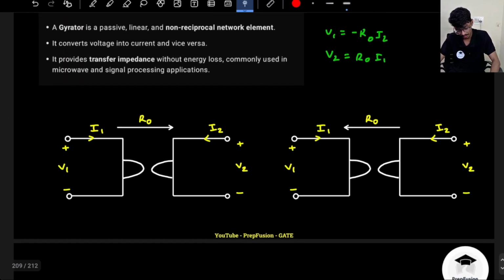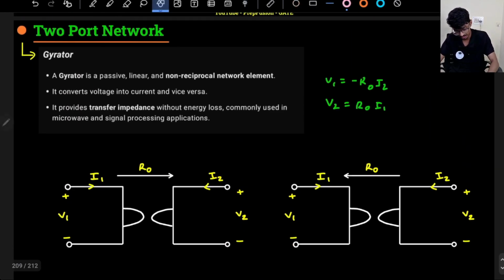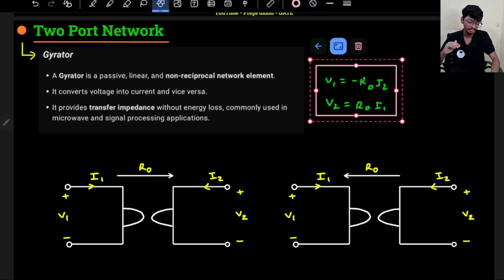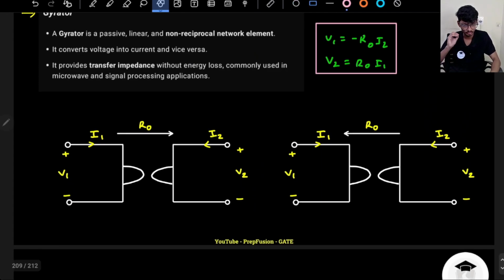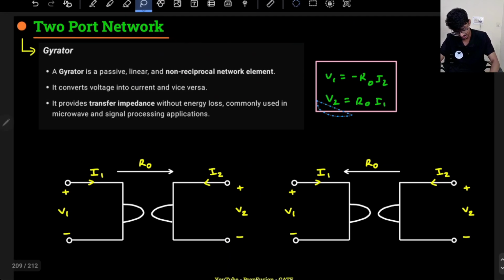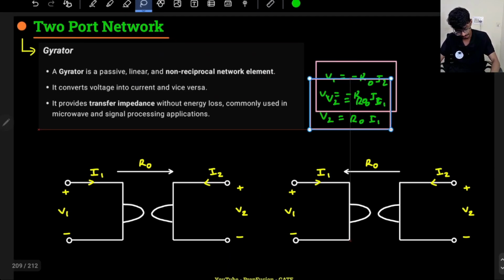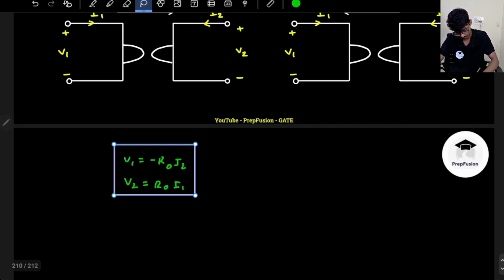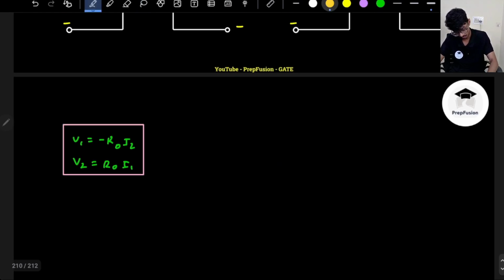So what are the parameters? The Z parameters are very simple to understand. This is the underlying equation, so you don't have to remember it; most probably in the examination the equation will be given. So what are the Z parameters? If I want to write the Z parameters of a gyrator,